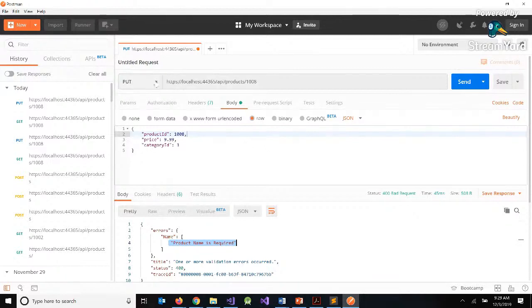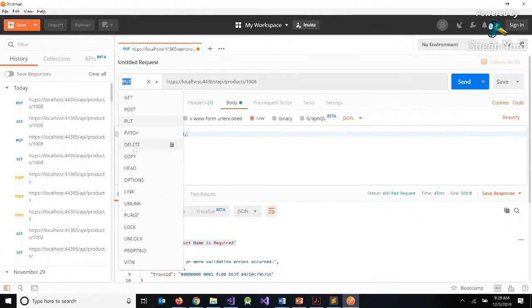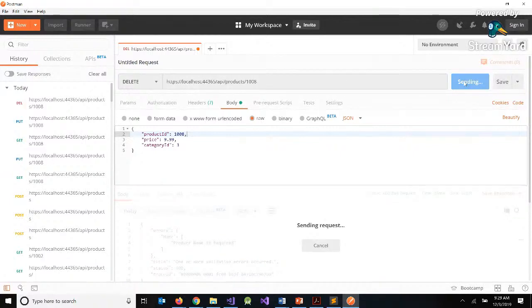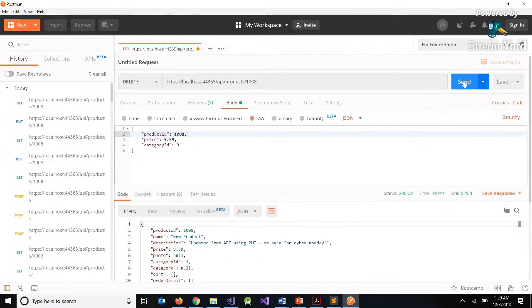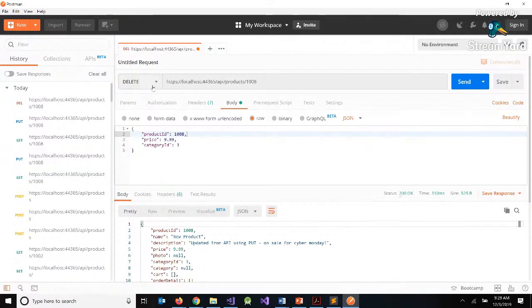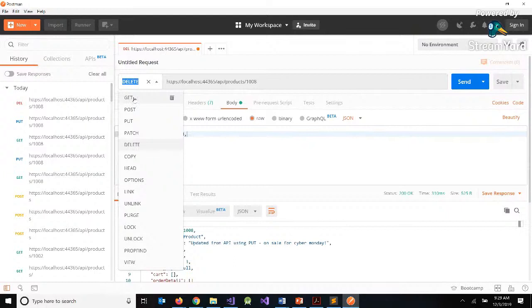So the last method I want to test is delete. So if I keep my ID here of 1008, I change my method to delete and send the request. It says, okay. And now if I run my get request,